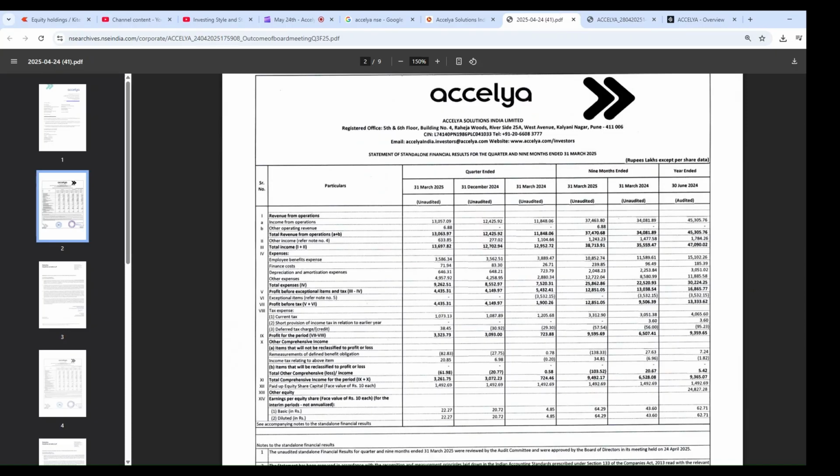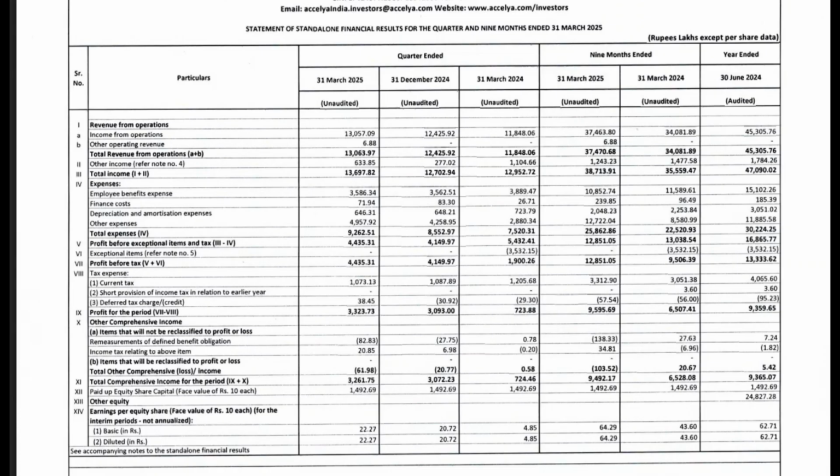So here we have the revenue for last quarter, that is, this is in lakhs. So lakh, 10 lakh, that is million. So 130 million for one quarter. Compared year on year, this has some growth, because it was only 118 million for the same quarter last year. Now it's 130. So it's about 10% growth, and compared to last quarter as well, there is some growth.